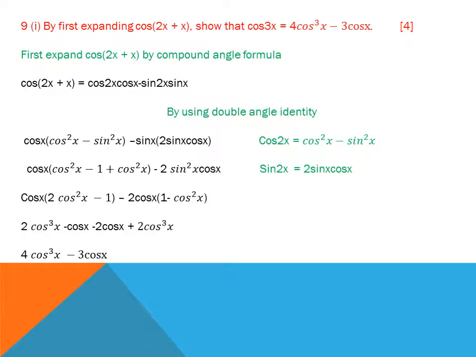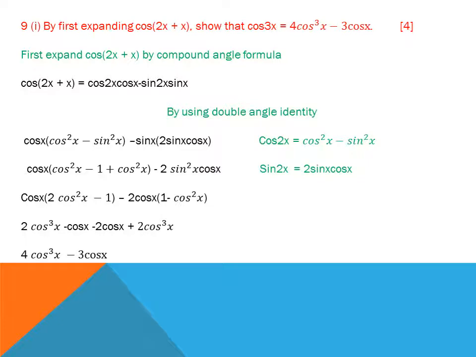In question number 6, by differentiating cos x over sin x, show that if y is equal to cot of x, then dy dx is equal to minus cosec square x. Here I use the identity y is equal to cot x is equal to cos x over sin x. I use the quotient rule here. Quotient rule means I first differentiate the numerator and write the denominator as it is, then put a negative sign, write the numerator as it is, and take the derivative of the denominator, over denominator whole square.